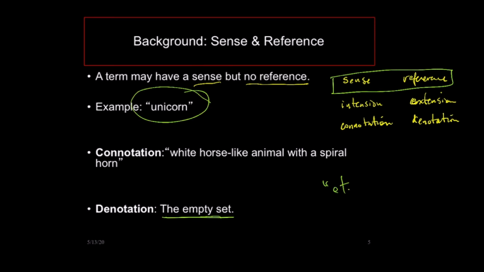And you can see how this kind of way of talking about language can help our discussions of scientific realism, because instead of asking about the term unicorn, we could have asked about the term electron. And we might have said, if we were scientific anti-realists, that the term has a sense but no reference. Okay, and that's basically where we're going with this.